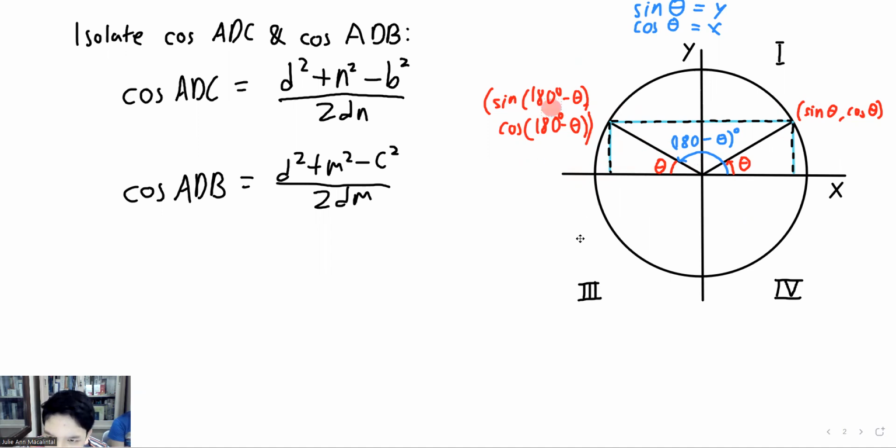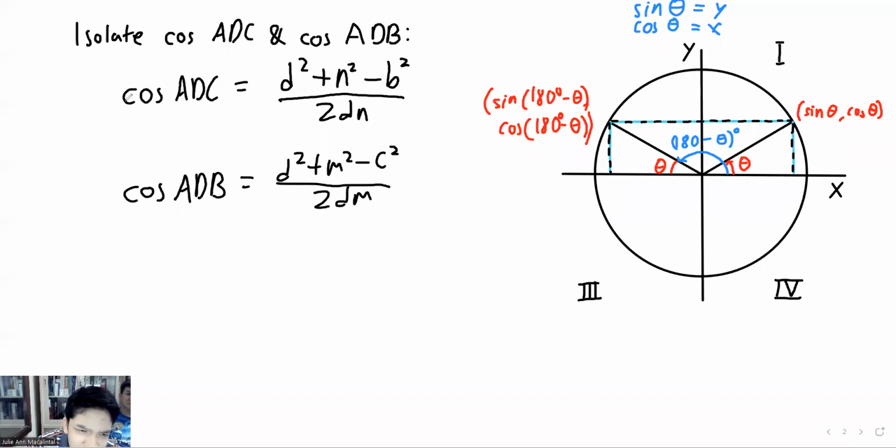So just to point out, in the first quadrant, the sine is positive because the y-axis is positive. Also the same in the second quadrant. In the third and fourth quadrants, the y is negative, so the sine must be negative too. Same for the cosines: when the x is positive, as in the first and fourth quadrants, cosine theta is positive, and on the second and third quadrants, it is negative. So now we can continue our solution.